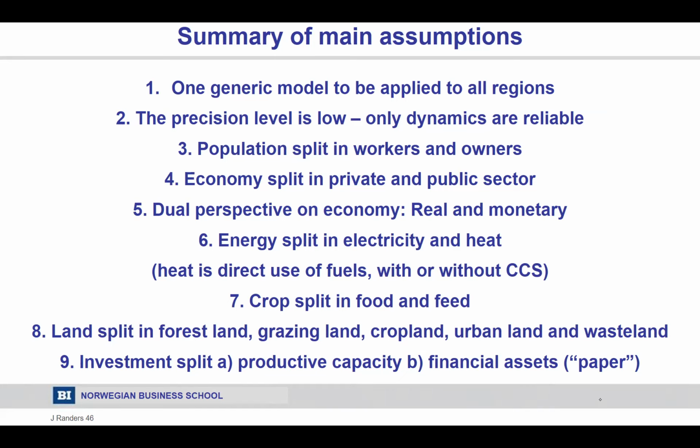There is the real economy in the model, and there is the financial economy. They are separate, which is very important when we get into that detail. 6, energy is split in electricity and heat, the direct use of fuels, with or without CCS. Crops are split in food and feed. Land is split in forest land, grazing land, crop land, urban land, and wasteland. And very importantly, and not mentioned thus far, investment is split in A, investment in productive capacity, and B, what the financial sector is really involved in, which is investing in paper, in financial assets, like gold, real estate,